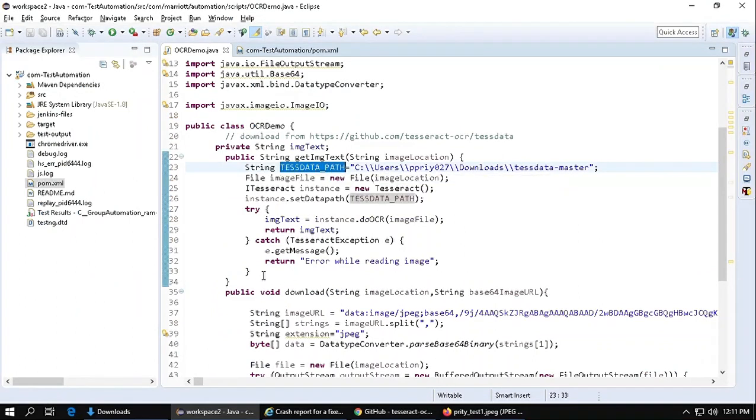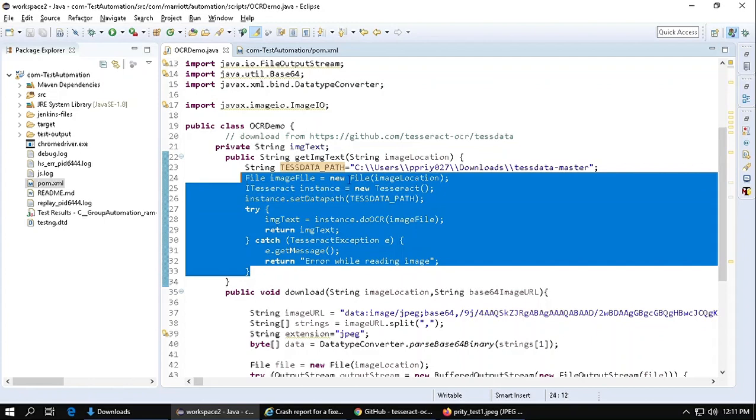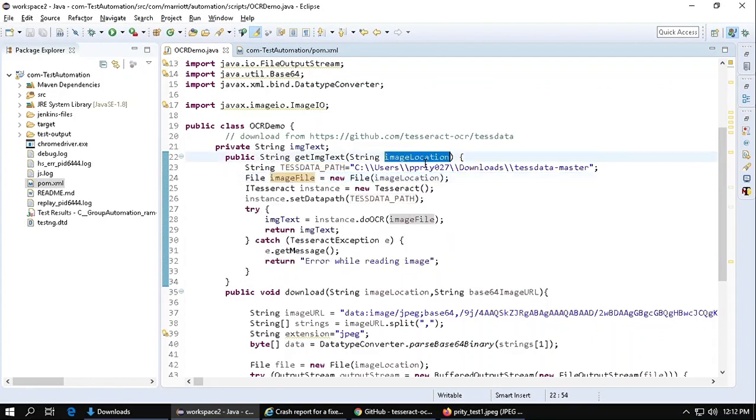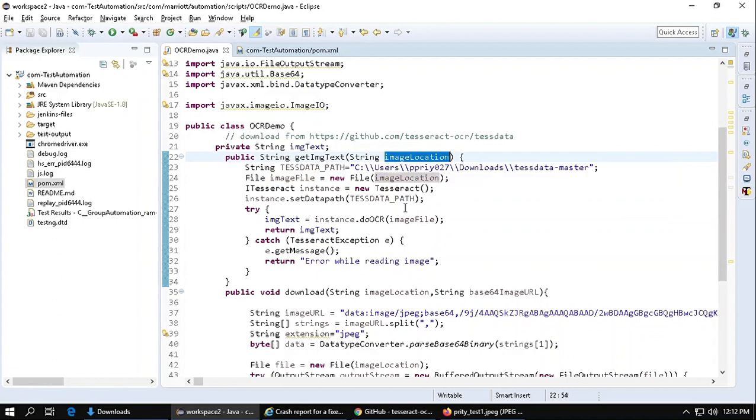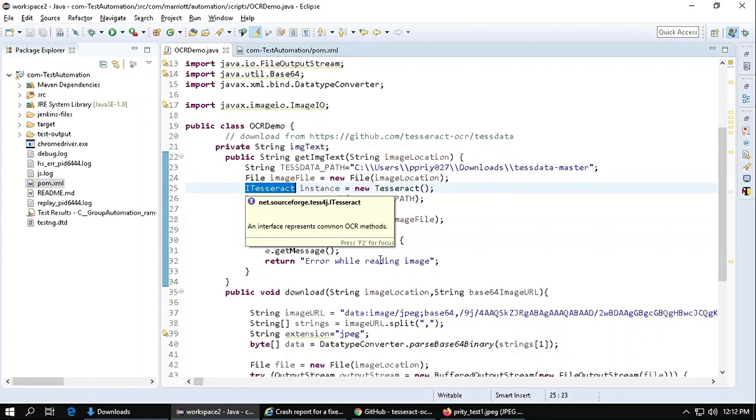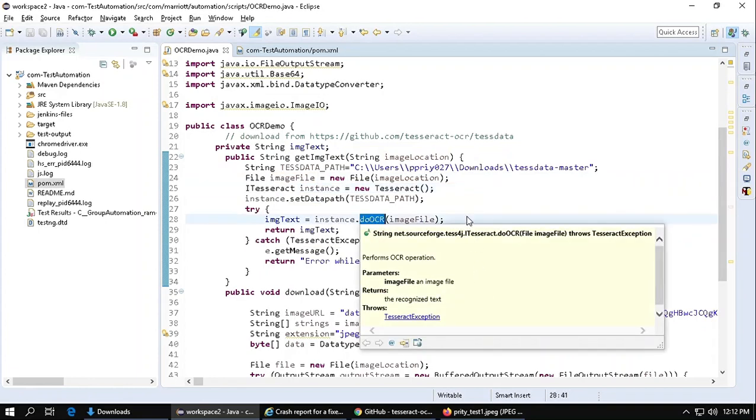And this is the same code, this is the image file you have added. You have to give the credit card grid image path. So this is the same thing, and then we have to use this class called ITesseract, and this is the main method that does the job.